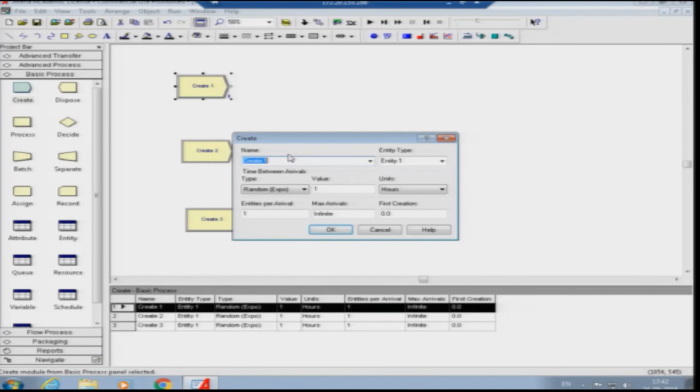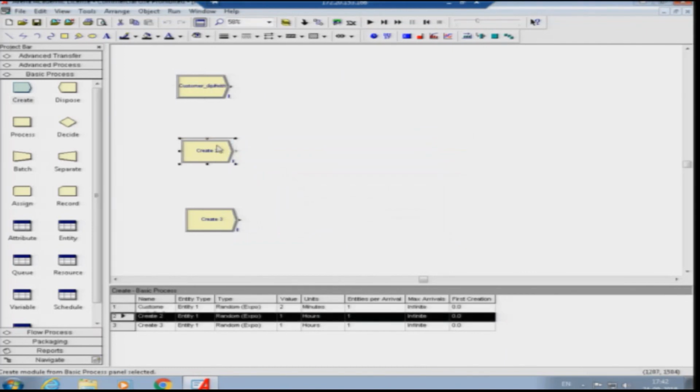We'll give different names to the separate create nodes. Say for example, the name of this create node is customer deposition and withdraw, random exponential with mean 2 minutes.